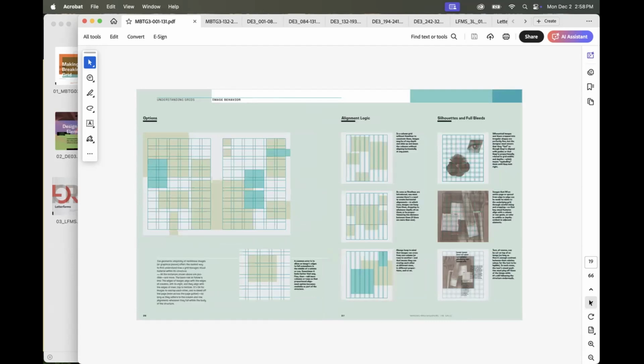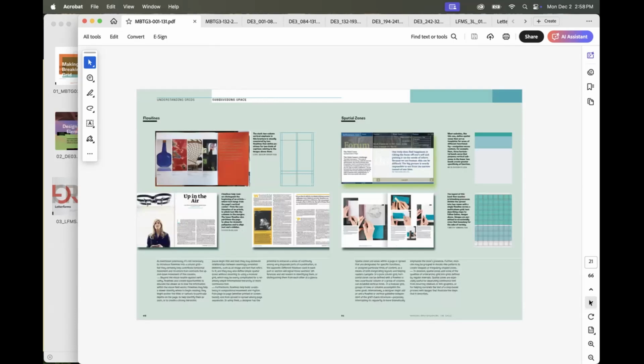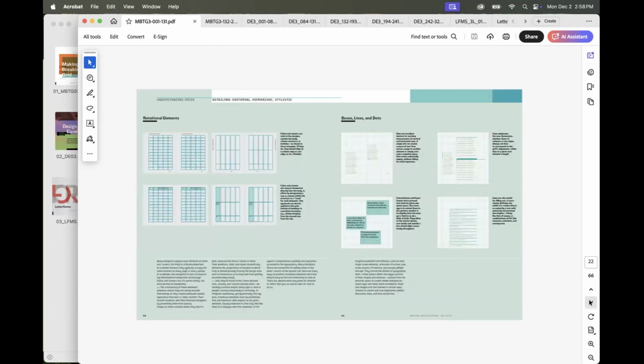Some attention paid to image behavior that's new in the most recent editions, as well as text behavior, weird things that happen and how to address those with a grid, things like hanging indents or when you're using rules or bullets and so on. Wraparound text, more in depth on flow lines and spatial zones,